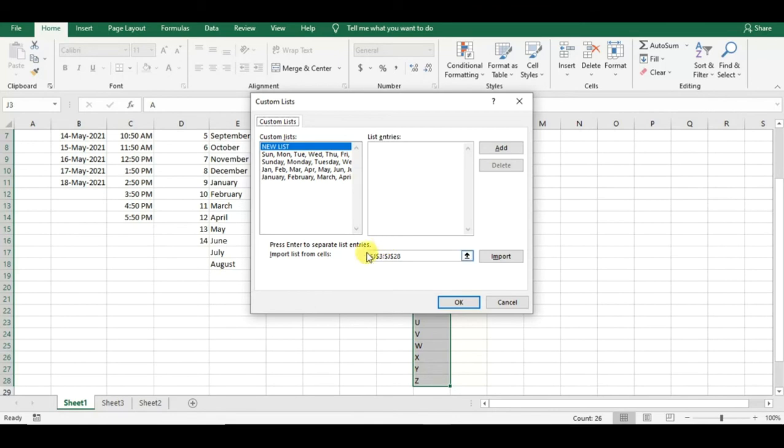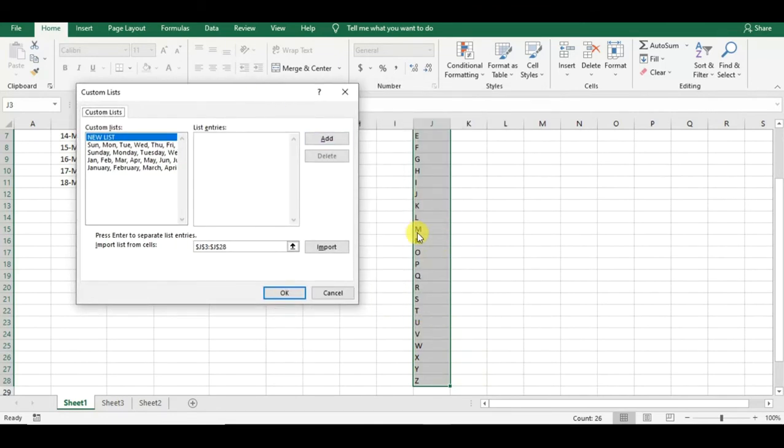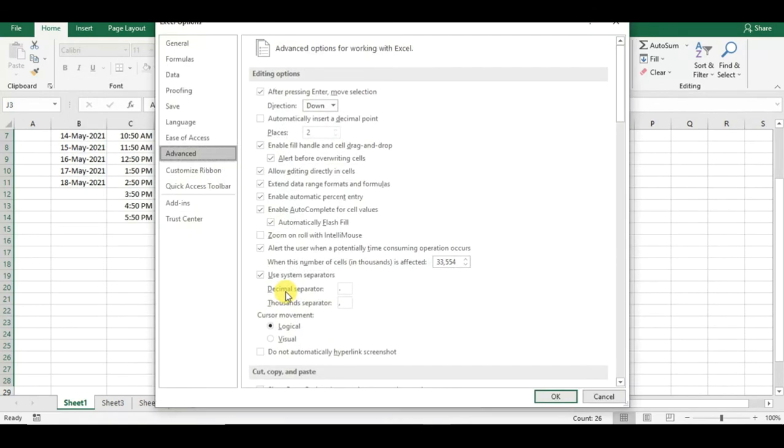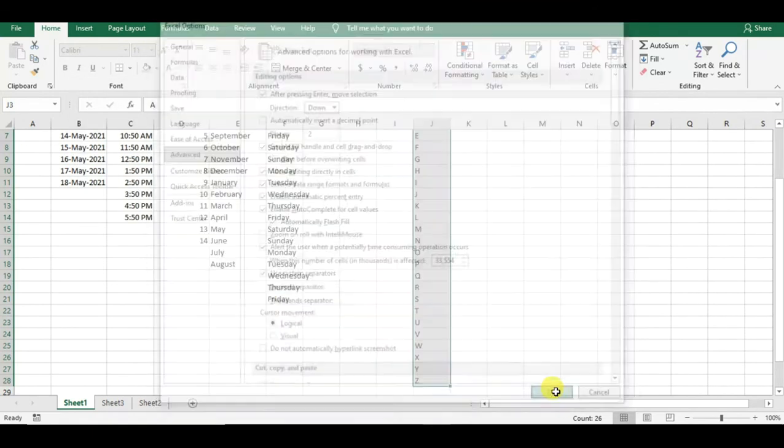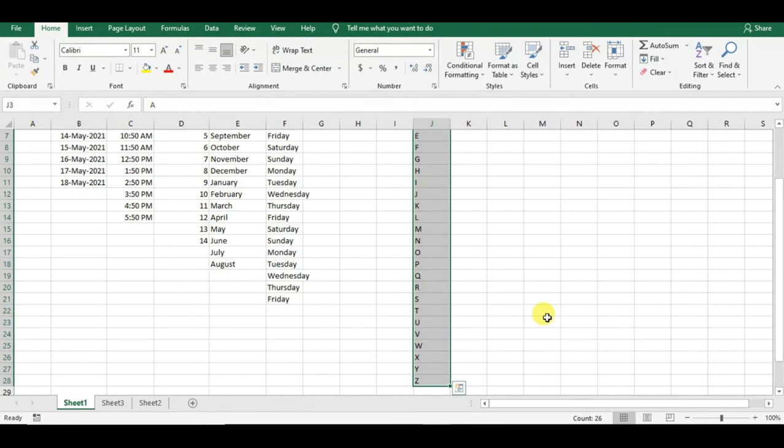Now here you see, as we have selected this A to Z, they have already picked up the import list from Sales J3 to J128, right? We will import from here. We'll just click Import and see, the list of entries has been imported automatically. Now we'll click OK, and click OK again. So this ABCD custom list has been created.